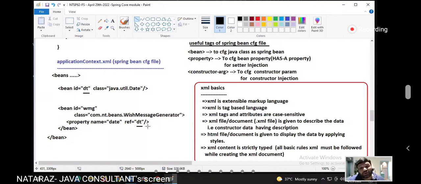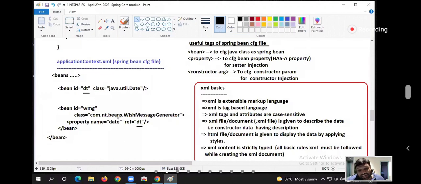Now listen. Here no other injection, but here what? Date class object is injected to date property. So here some injection is happening, here no injection is happening. DT is there here.